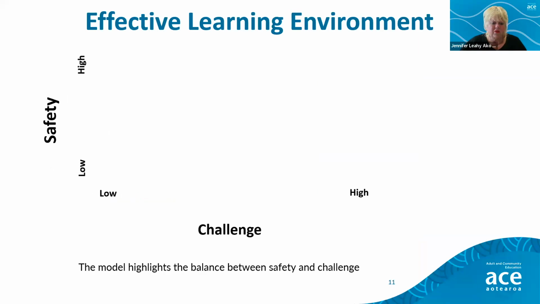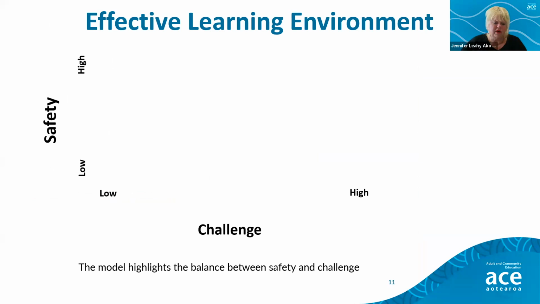So this is a graph around effective learning environment. Now you'll see the two sides of the graph. It looks a bit blank. I'm going to fill it out shortly. So if you look at the two sides, one side you'll notice is around safety, and there's a range there